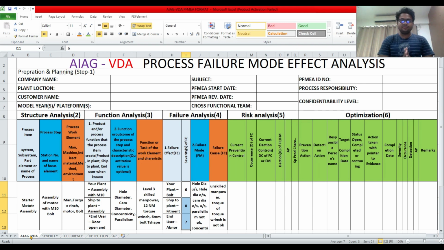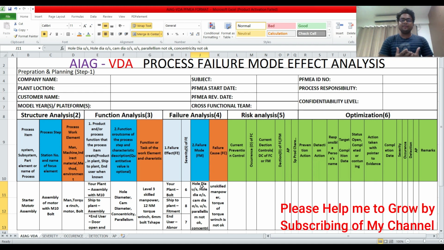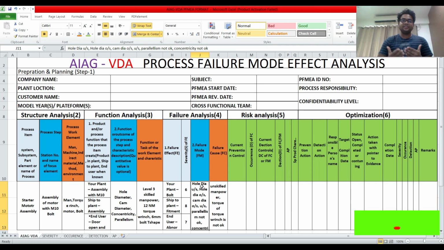Now another is failure modes. What are the failure modes of the function outputs? Your function output was hole diameter. The diameter can be undersized, oversized, or a parallelism issue can occur, or concentricity may not be okay. These are the failure modes of your product.